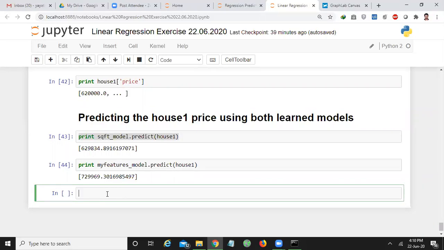Let us consider another house, house 2, that is, the house whose ID is 192506 9082.